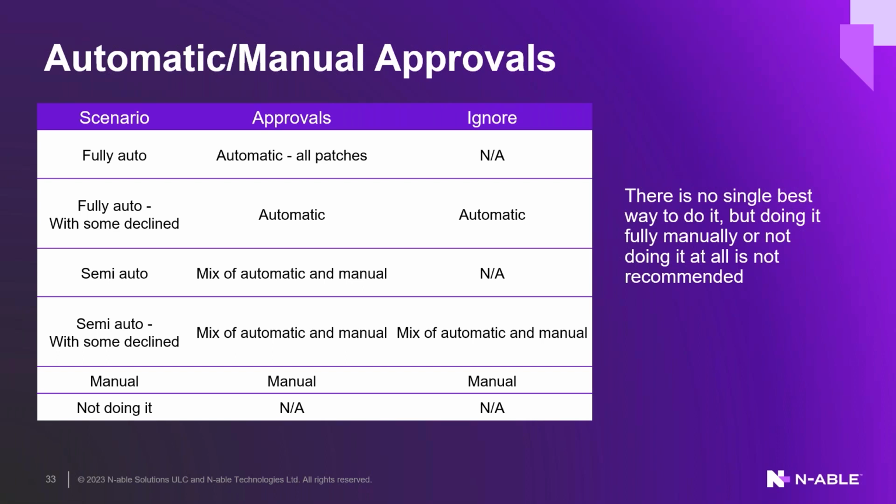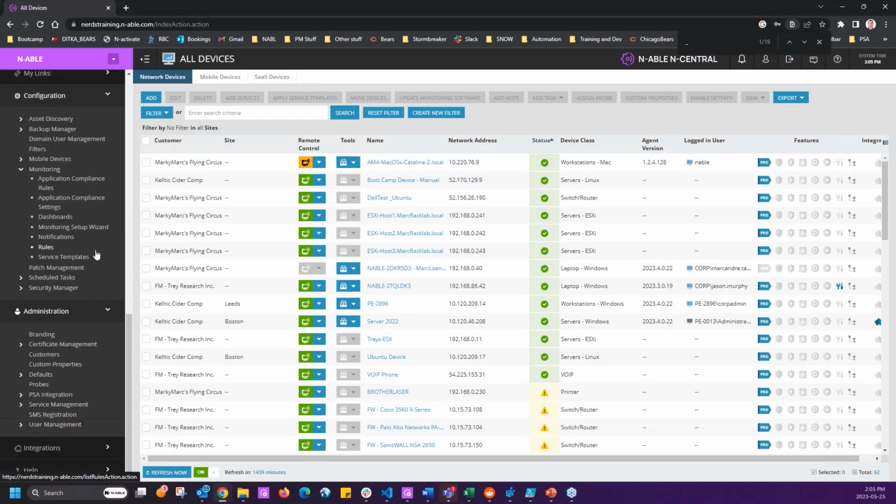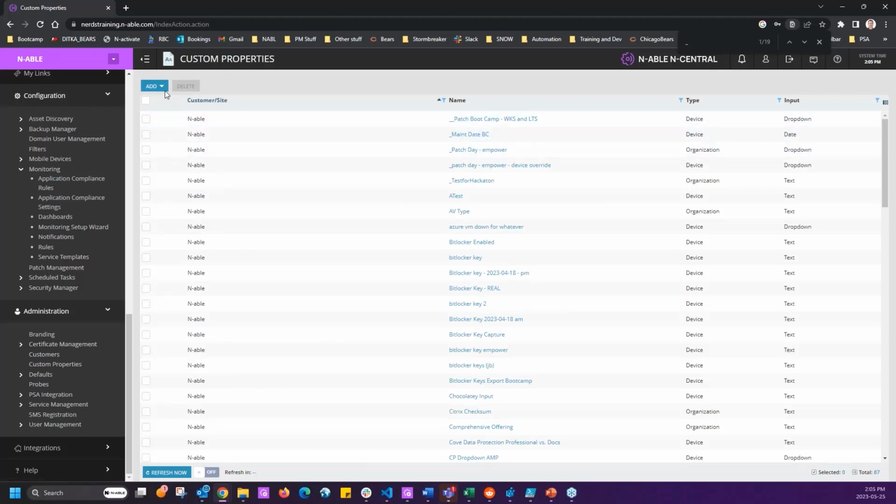Can you turn on the default custom property setting by site level? You absolutely can. So that is definitely an option, right? It depends on, let me see if I can do it really quick because I know I'm already behind. But if I come into custom property, you're going to see that there are customers by text type, date type, URL, dropdown, or by device. So you don't have to do what I'm suggesting because I only have basically an hour and a half with you guys, right? So I don't show you all the options, but there are customer device properties, device, and there are customer